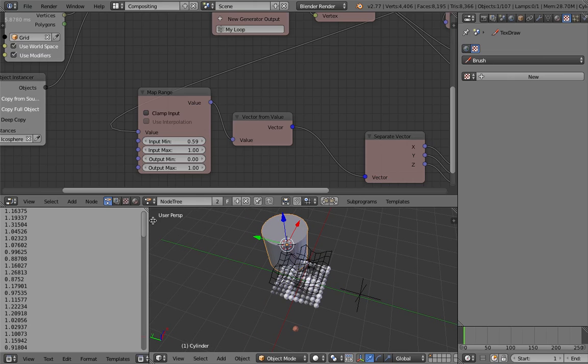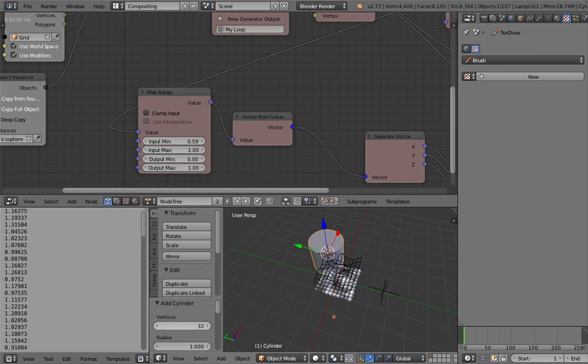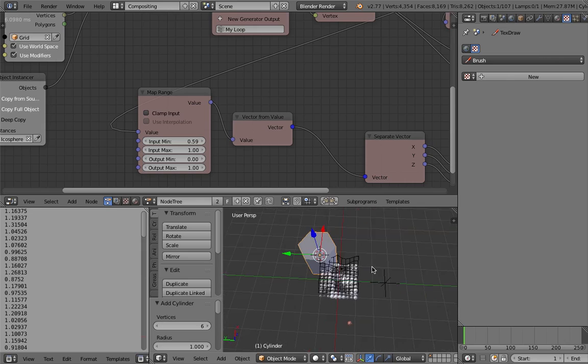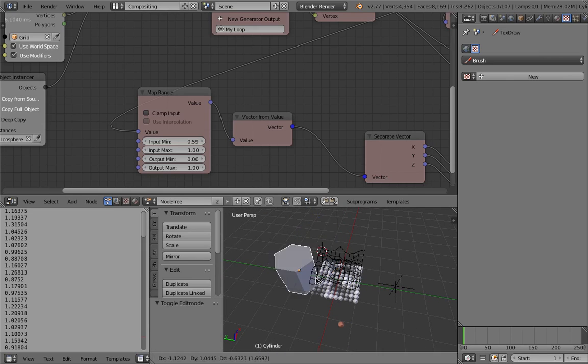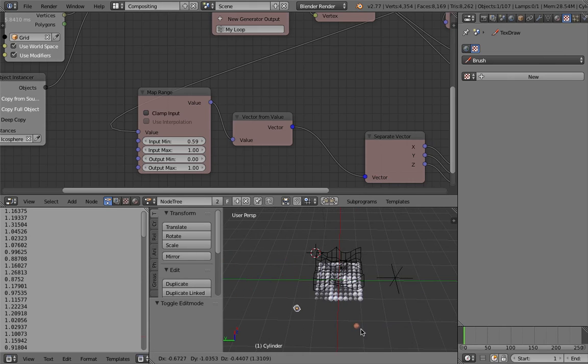We can reduce it to maybe 6, and so it's more like a honeycomb kind of looking thing. Some people like it like this more, so make it small, just like our sphere.